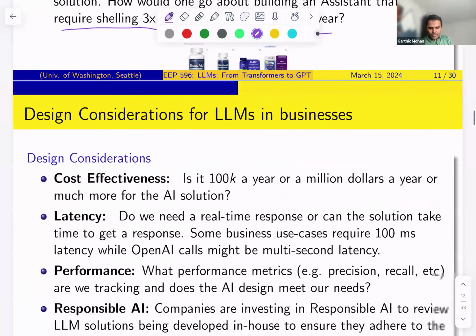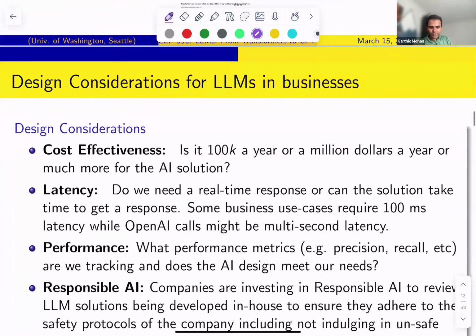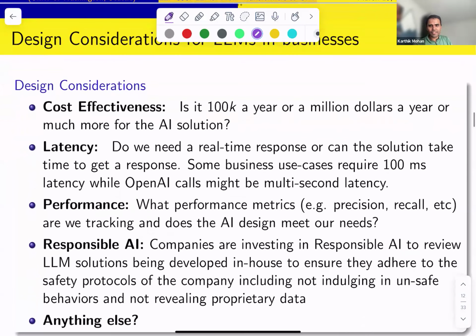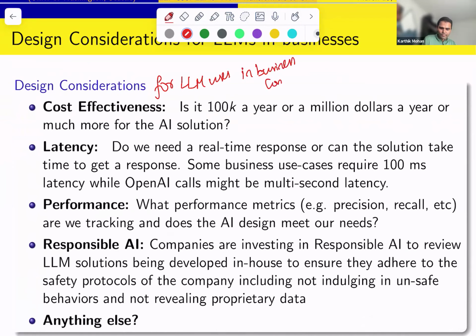Okay, so based on the previous examples, we can put in a few design considerations, especially with respect to LLMs, for LLM uses in a business context. So one is cost effectiveness. If you're a scientist or engineer working at a company that is trying to productionize LLMs and serve, let's say, millions of customers, or scale to millions of products, or millions of messages that you're parsing, then